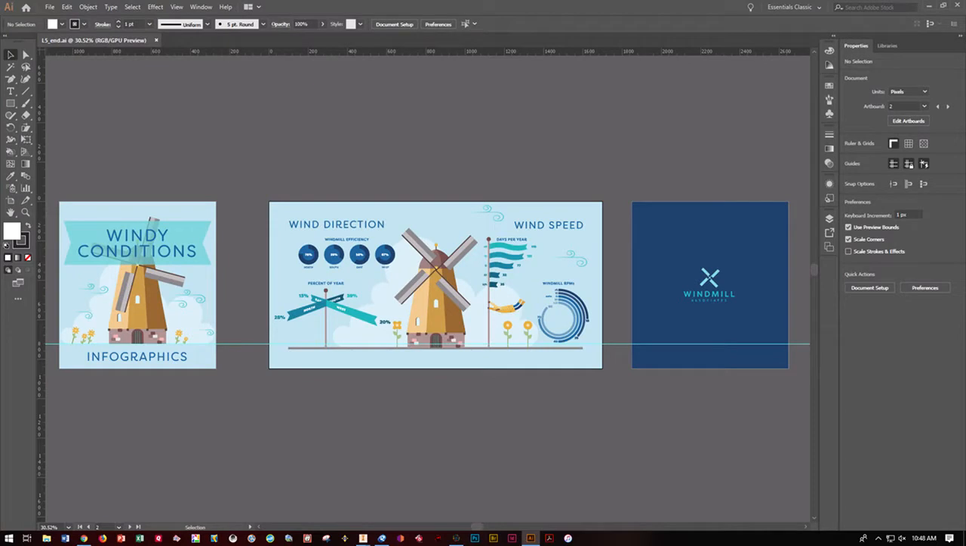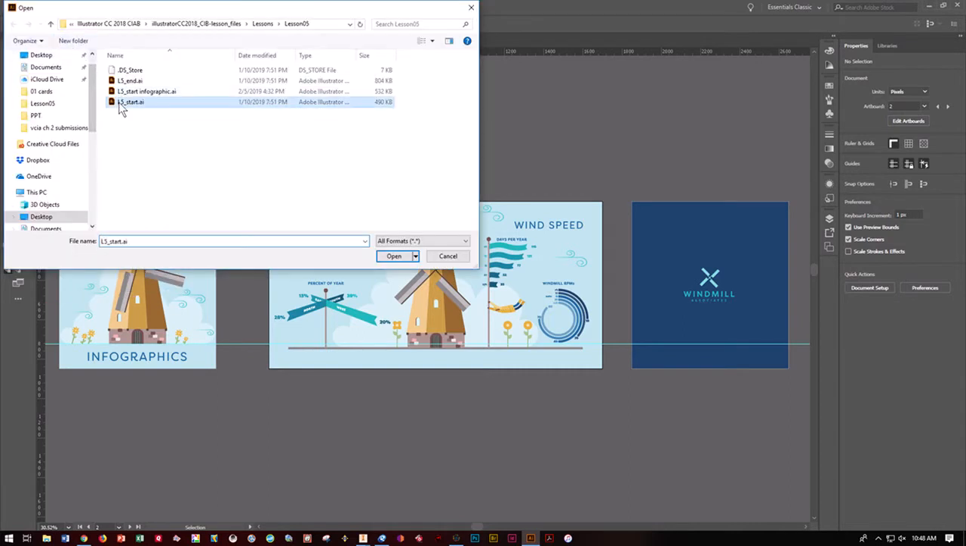In this tutorial, we're going to cover Adobe Illustrator Classroom Notebook Chapter 5, which is all about transforming artwork. We're going to be working on creating this infographic from a bunch of the pieces that they're going to give us. So let's go ahead and do a File Open, go to where you've saved, and let's grab that L5